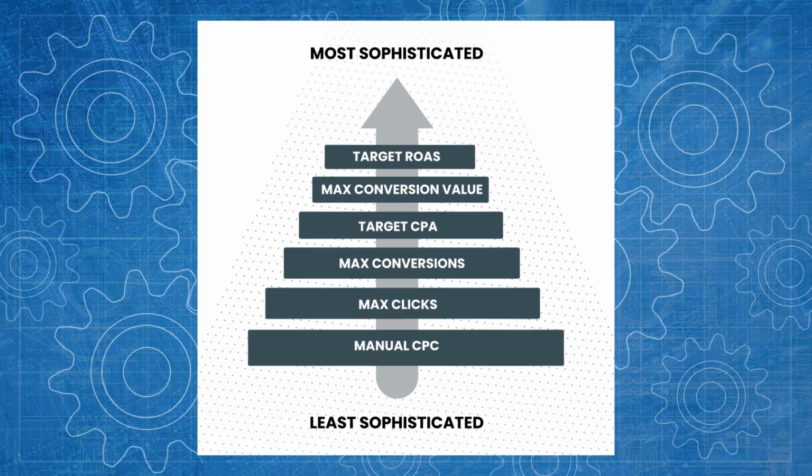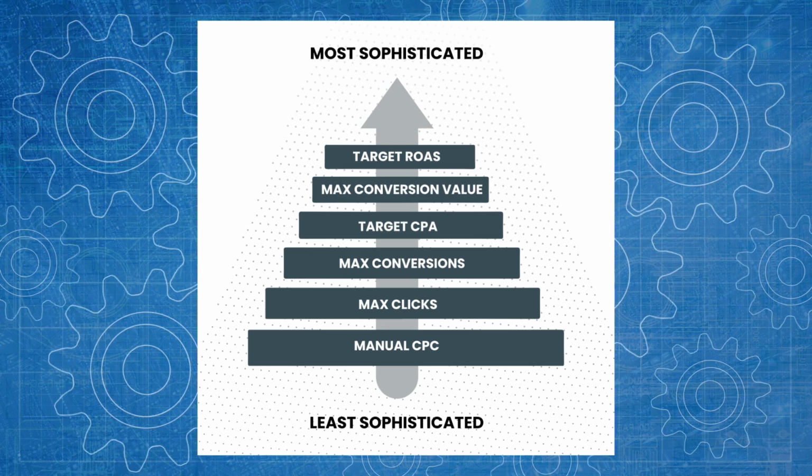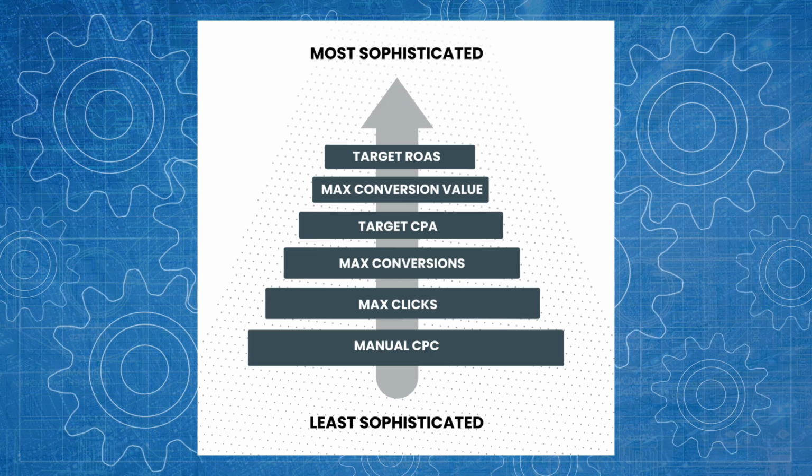So moving from maximize clicks to target CPA, Google will see that as an increase in your strategy in that hierarchy I talked about. Being top of the tree is target ROAS, below that you have target CPA, and then below that you kind of have maximize clicks and target impression share, and the very bottom is manual CPC. The lower down the tree you are, the more Google will tell you that you are limited by your strategy.